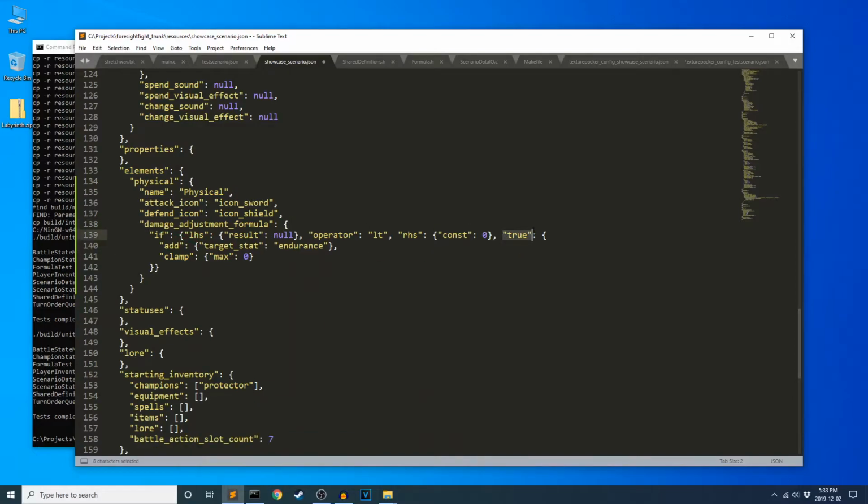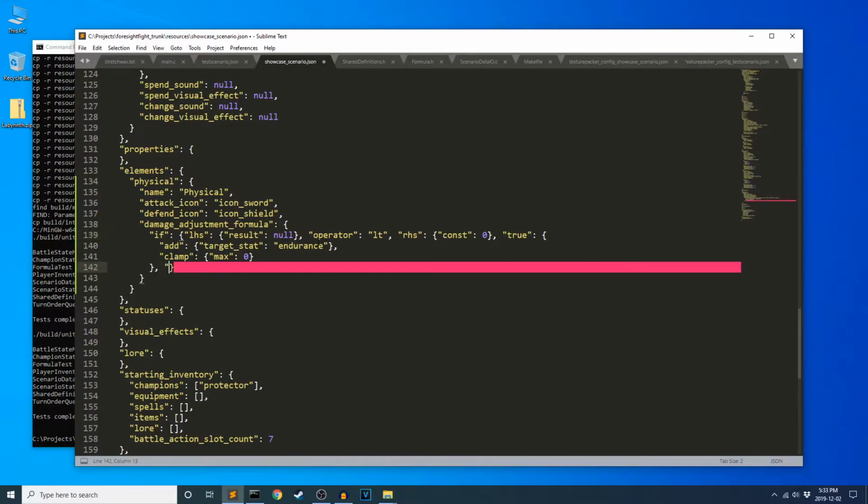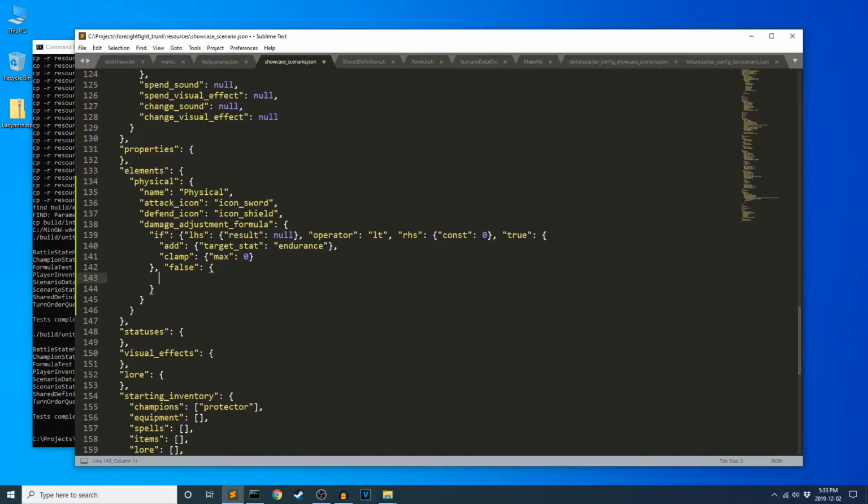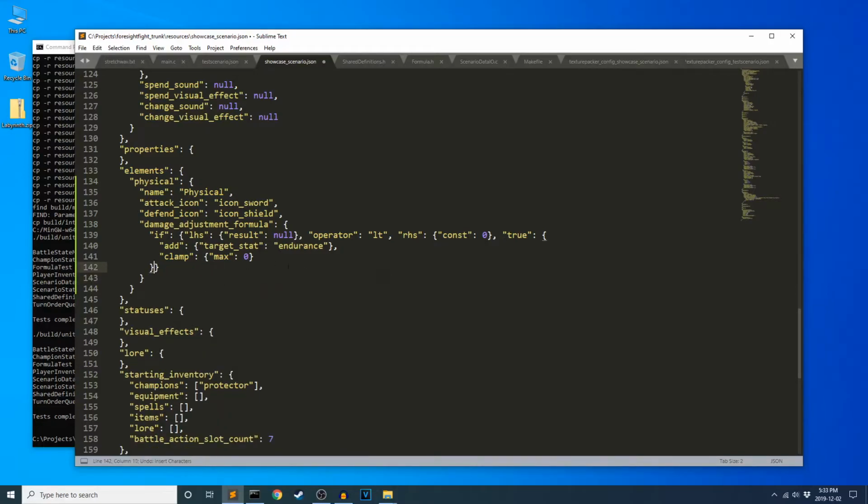I have this here because if I also wanted an else, I would do it like this. So that's how I do an else for the formula if statement. I could only have a false, I could only have a true, I could have both, then an if and an else. Anyway,